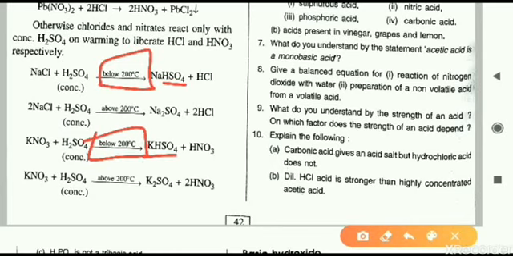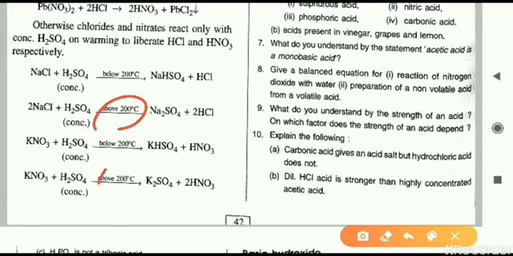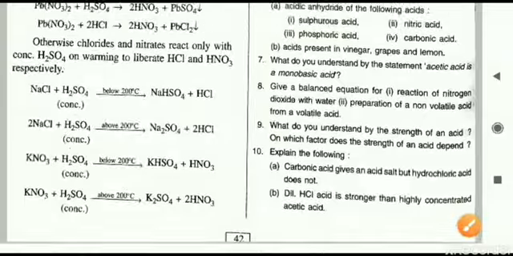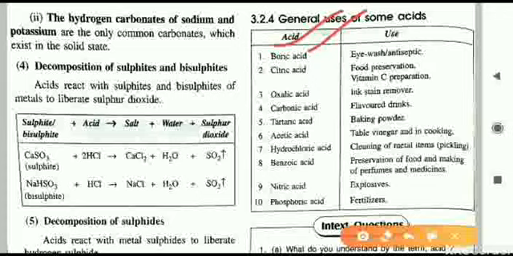The second thing that is important here is the temperature. You notice here, if we are heating below 200 degrees Celsius, then what we are getting is NaHSO4 and KHSO4, that is acid salt. What we are getting is acid salt, a salt that contains hydrogen in it. Along with this we are getting the normal acid also. But if we are heating above 200 degrees Celsius, then we are getting normal salt only, not acid salt. We are getting normal salt plus acid. When we are heating below, then we are getting acid salt plus acid. So this is the difference that you have to notice here.